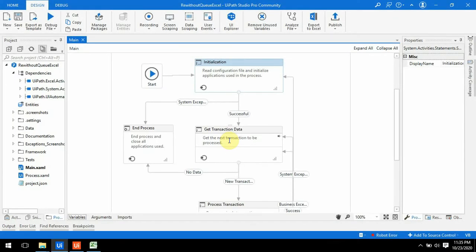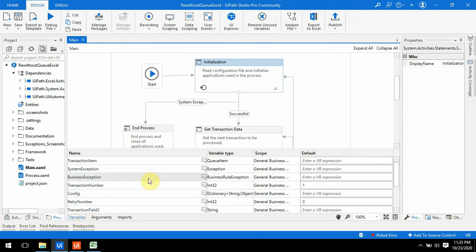Now let's start configuration of all the states. First click on the initialization state. After clicking, the first thing you have to change is the variable. In the variables panel you can see transaction item, and the variable type of transaction item is QueueItem.